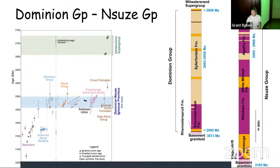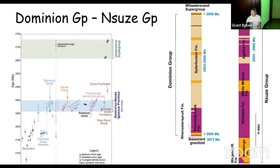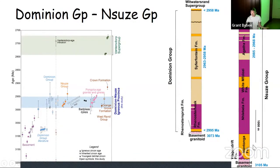And here we have a stratigraphic column of the Nzusa group consisting of sedimentary rocks, mafic volcanic rocks, but also important felsic volcanic rocks higher up in the stratigraphy known as the Agatha Formation. So these rocks have been dated at 2.98 to 2.96 or so. We obtained ages of 2.96 for the Syferfontein Formation. So we believe that the Dominion group and the Nzusa group formed in the same kind of overall sedimentary basin